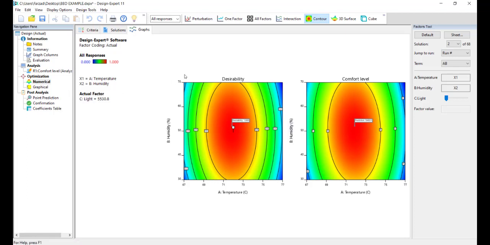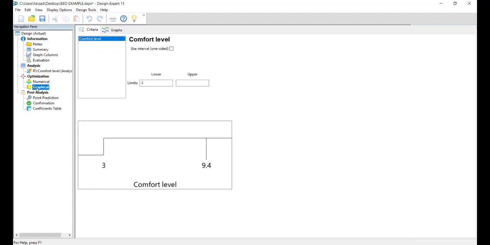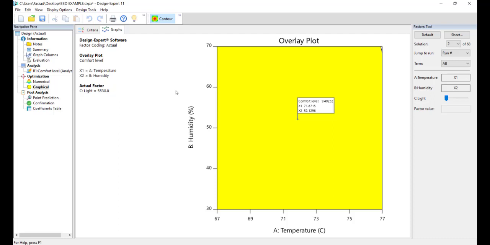However, the better optimization process is like what you can see here. The optimum point, for example, here we have the maximum comfort level, and to have this amount of comfort level, we need to